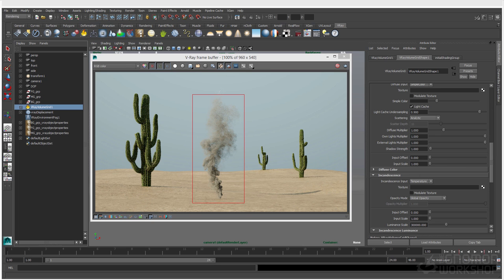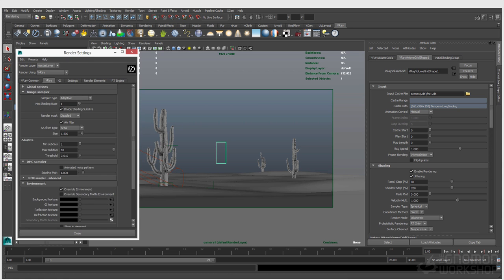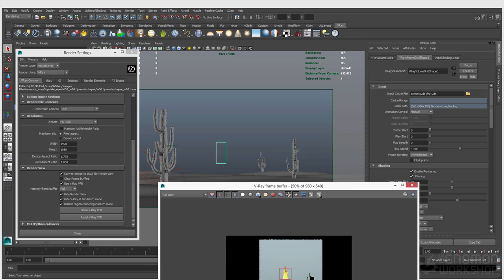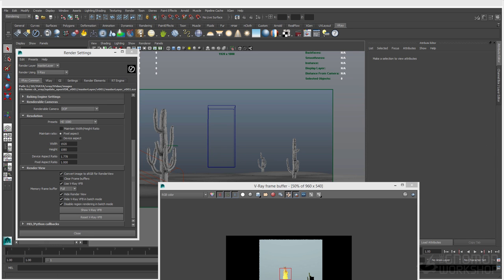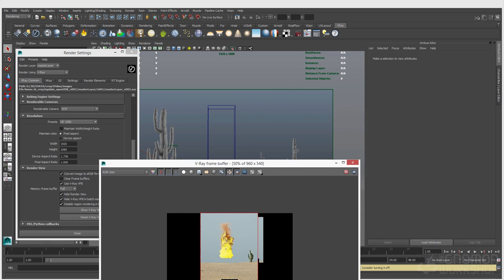So let's take a look at that. All right, cool. Let me pull back up my V-Ray frame buffer. We have a little VDB here, one of the ones in the folder from the VDB site, just called Fire. Once this loads up, you can see that the temperature channel is mapped into the VDB,